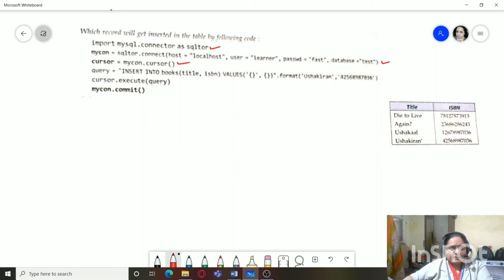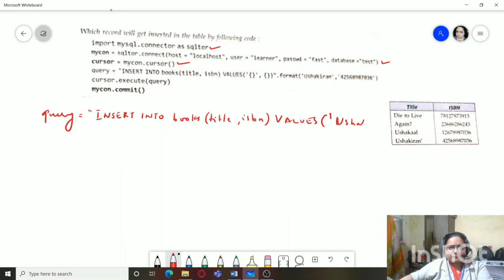A cursor is created and the query is going to be insert into books title comma ISBN values, and within values the first value is going to be Usha Kiran and the second one is going to be this.